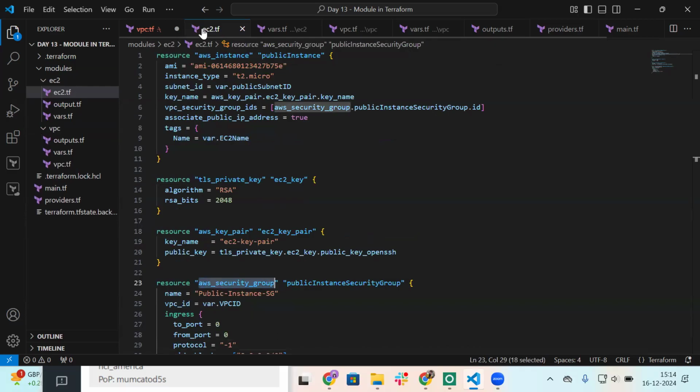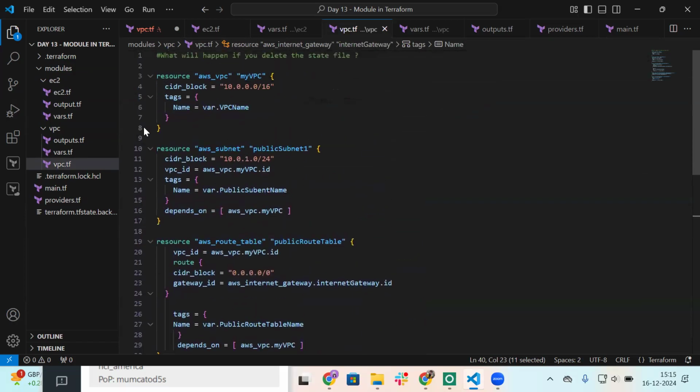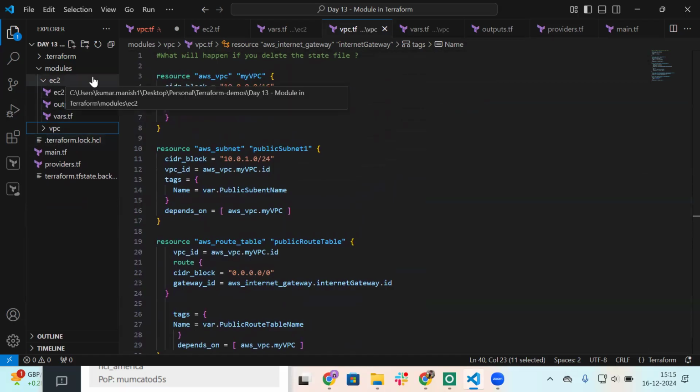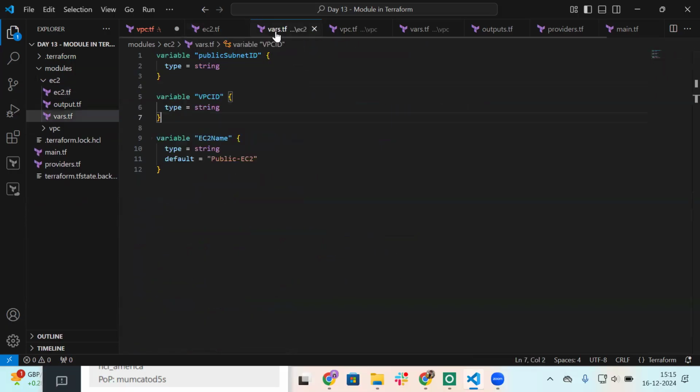So if you can see in the ec2.tf, I have the requirement of this public subnet ID, correct? I have to pass the subnet ID. And where is the subnet ID created? The subnet ID we are creating in vpc.tf, correct? I'm creating this subnet in the VPC module. So VPC is a different module, EC2 is a different module, correct? So here in the ec2.tf, I have written var.public_subnet_id. So it will look for the variable which is declared here, public subnet ID. And from here it will get the value, it will get the output of the VPC